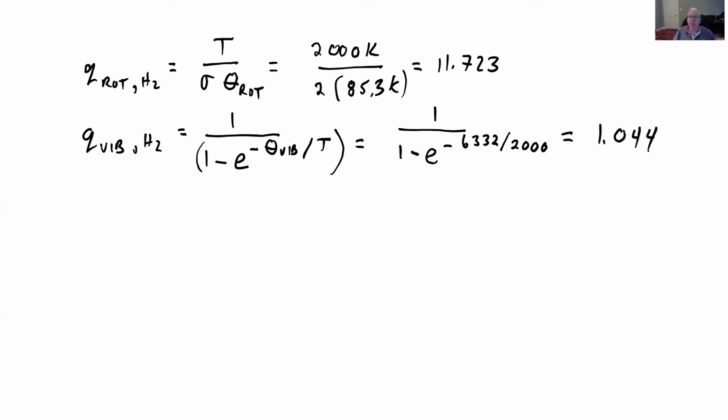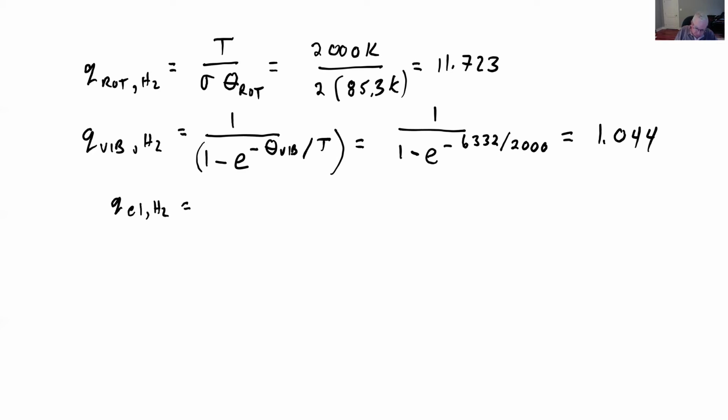1.044. That partition function should be around 1, right? Because the theta parameter for the hydrogen molecule is 6000 Kelvin. We're only at 2000 Kelvin. That means that the significant majority of our molecules are still in the vibrational ground state for hydrogen, even at that high temperature, okay? The electronic pieces that we'll need here, there is for hydrogen, the molecule,